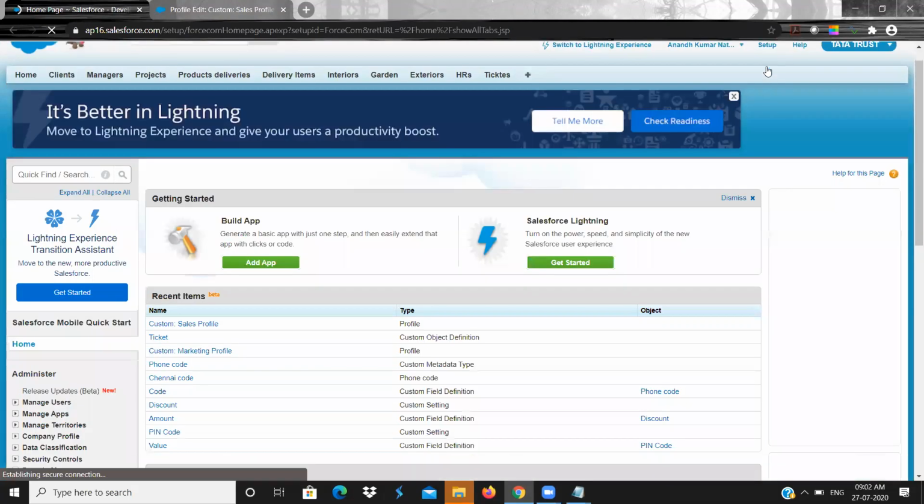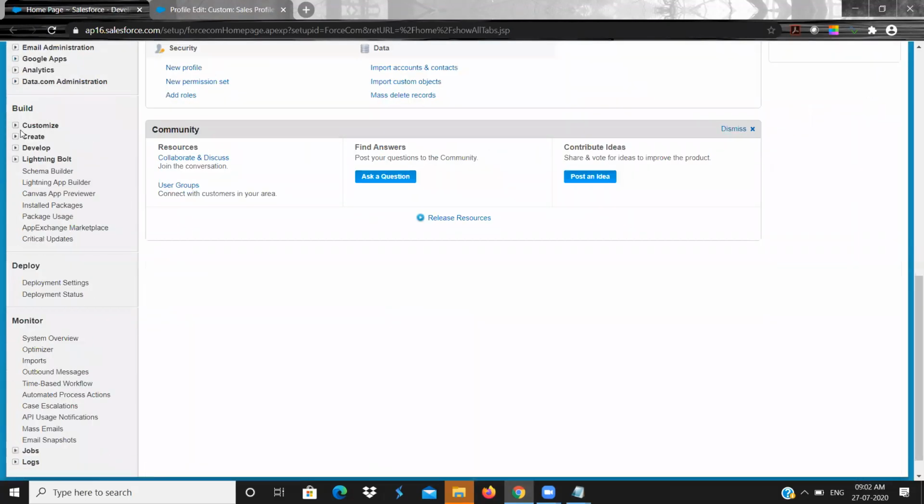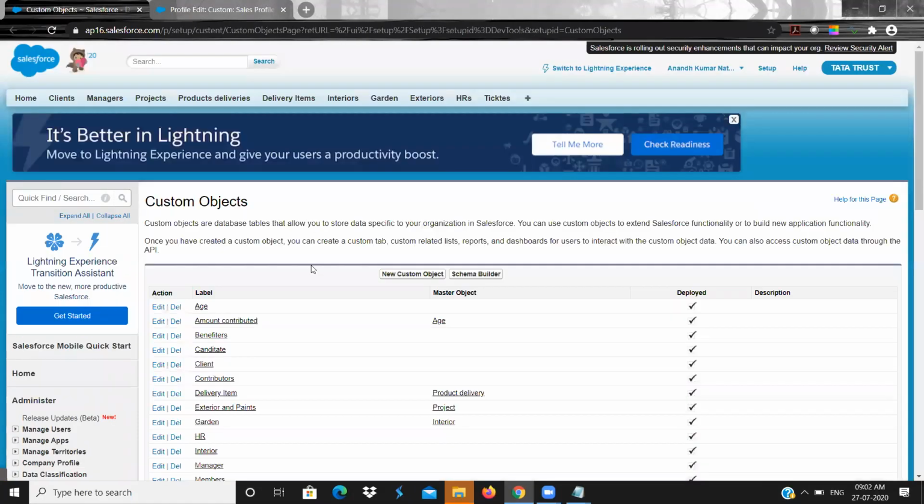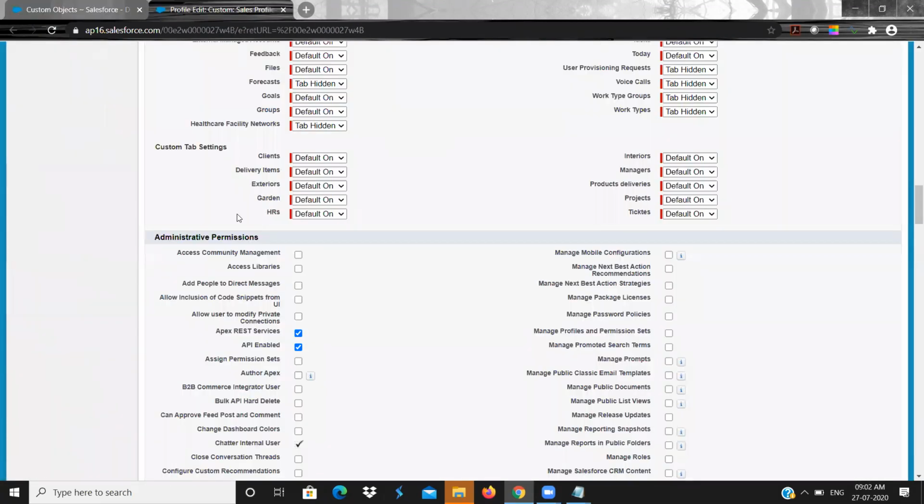Setup, create, objects. You have an object called age, amount contributed, but you cannot see those custom objects in the tab area because you created the custom object, but you did not create a tab for it. So in this tab area, you cannot see the custom object. Okay, so the first thing is after creating an object, you need to create a tab.